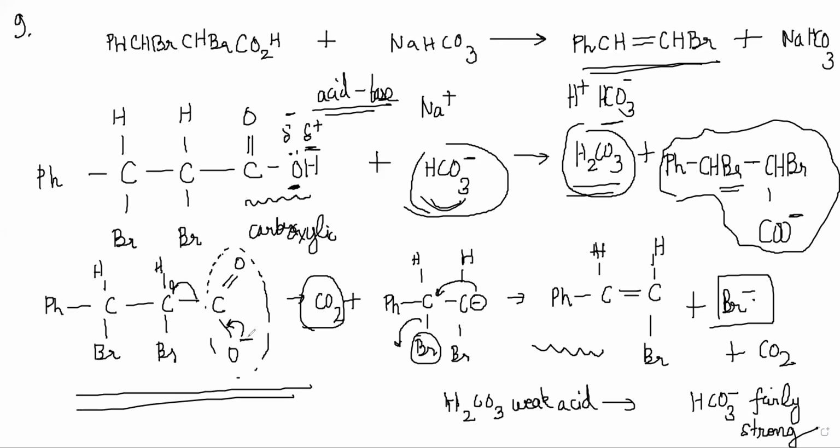So this O minus can form a double bond, and then C double bond O is CO2, right? And that is fairly stable, so it can come out. If it comes out, that means this bond is breaking, right? So technically the flow of electrons is from here to form a double bond, here to form a carbanion, right? Once this is formed, this is not stable because carbon has a negative charge. It is better that the negative charge is on bromine. So you can form this double bond, and this single bond can break, which gives us the product, right? So that is the mechanism here.